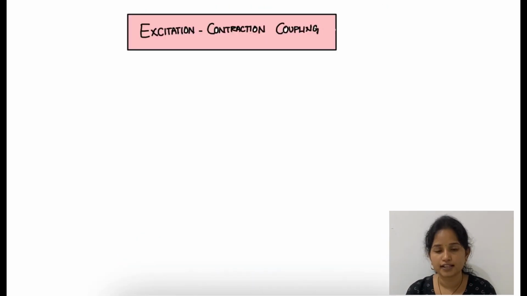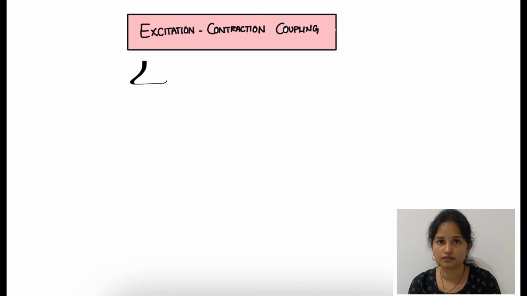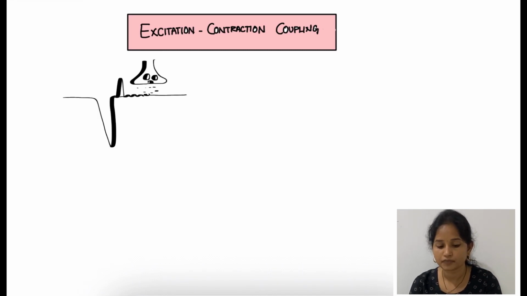So now coming to excitation contraction coupling. When a nerve fiber is stimulated, in the case of the neuromuscular junction, there will be release of acetylcholine. This acetylcholine will bind to the channels present on the postsynaptic membrane, which causes opening of sodium channels, leading to depolarization of the muscle fiber. This depolarization will be propagated and cause production of an action potential. This action potential travels along the T-tubule and also causes opening of the